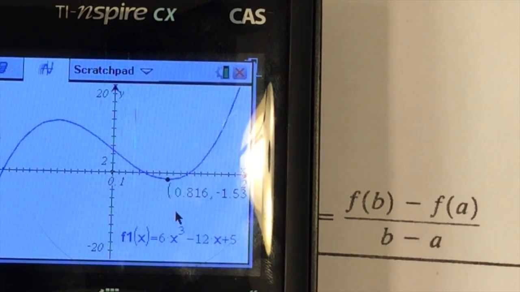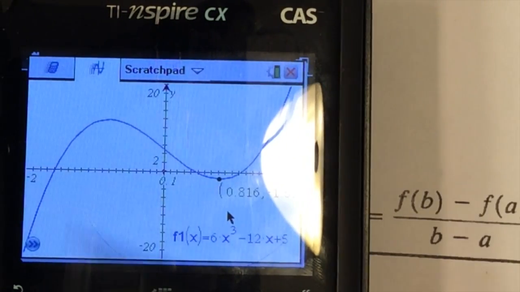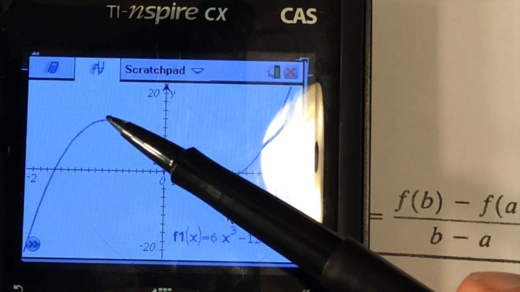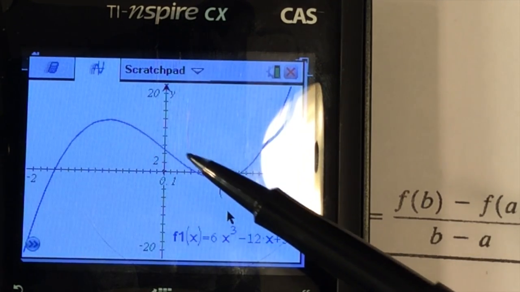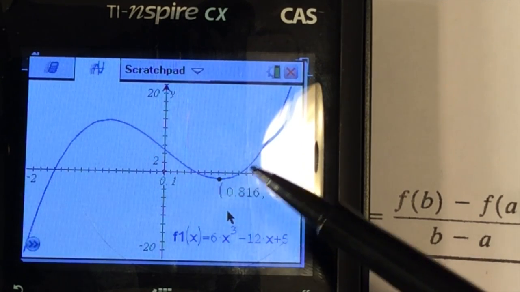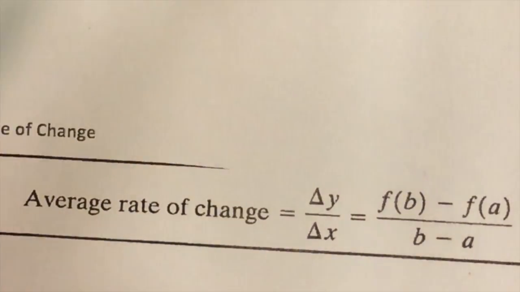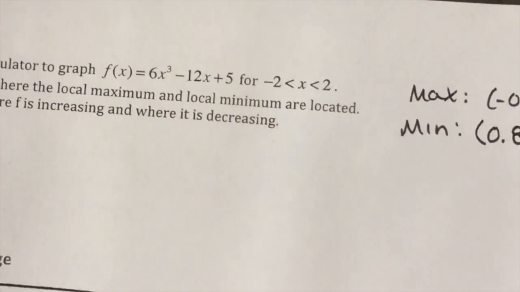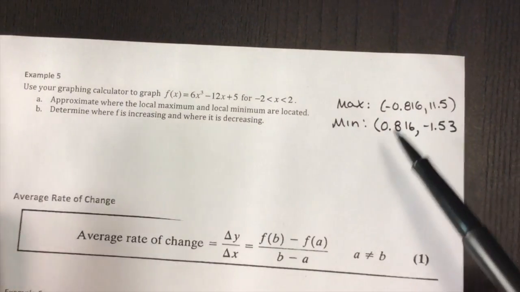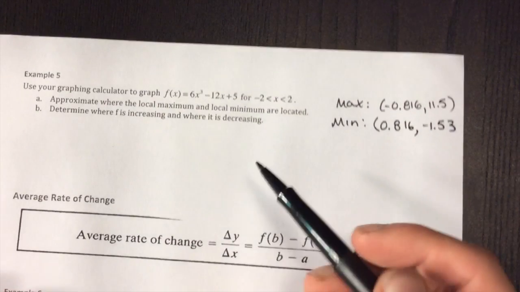So looking at where our graph is increasing to decreasing, we'll be increasing, if we can keep this on the page, increasing up to our maximum, and then we'll be decreasing down to our minimum, and then we'll be increasing past it. So if we know, and let's just zoom out just a little bit, we have our max and our min, we are going to be increasing